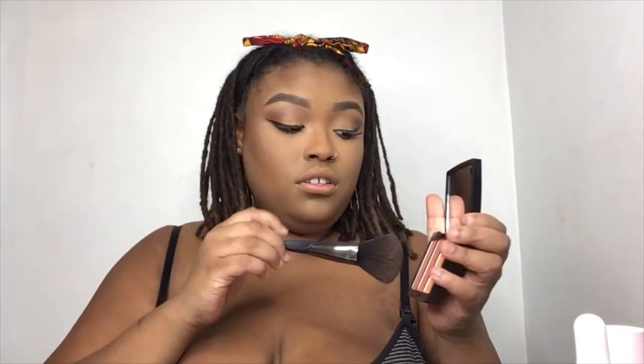Now I'm using the Anastasia, this is the Benefit 24-hour brow setter to set my brows, and I went ahead and put in some regular Ardell wispy lashes. And I'm going in with the IT Cosmetics mascara. And now I'm going in with the Anastasia